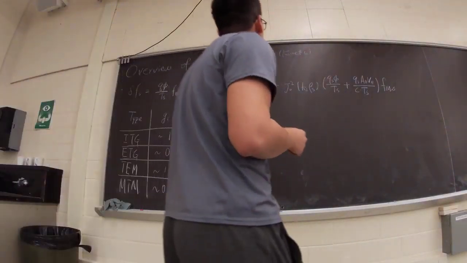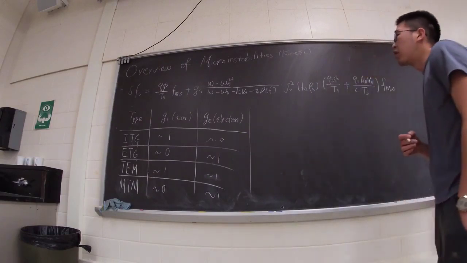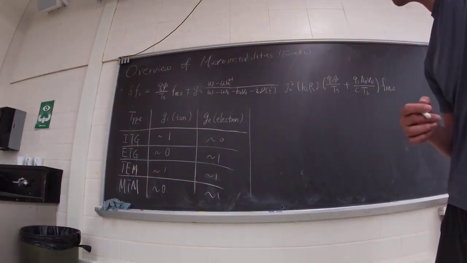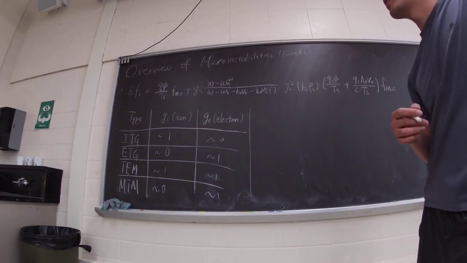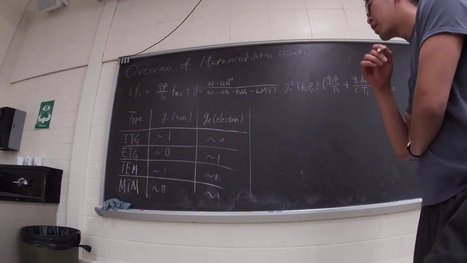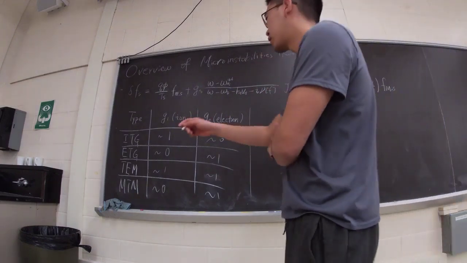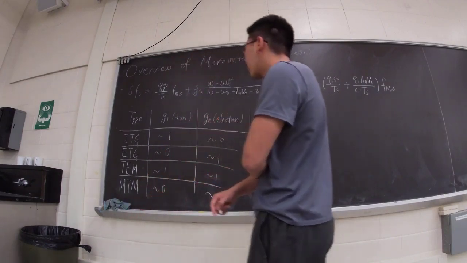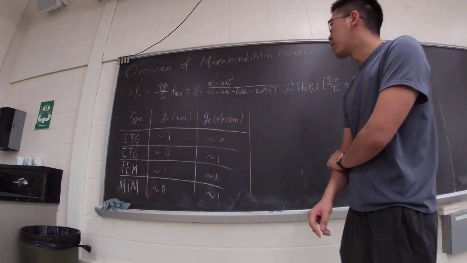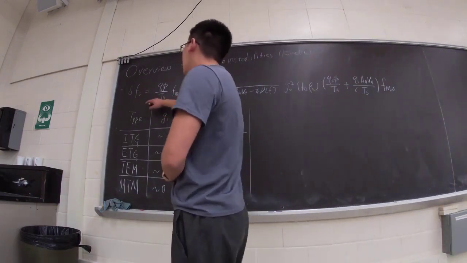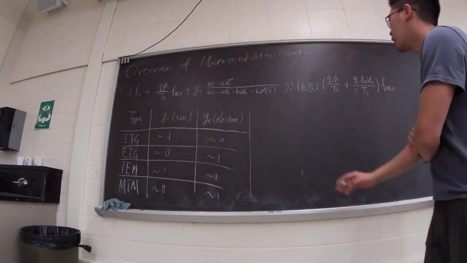Okay, so I will try to give an overview of microinstability, kinetic microinstabilities. For my concern, I only have ion temperature gradient, electron temperature gradient, trapped electron mode, and microtearing mode. So from the linearized Vlasov equation, we could arrive at this expression for the